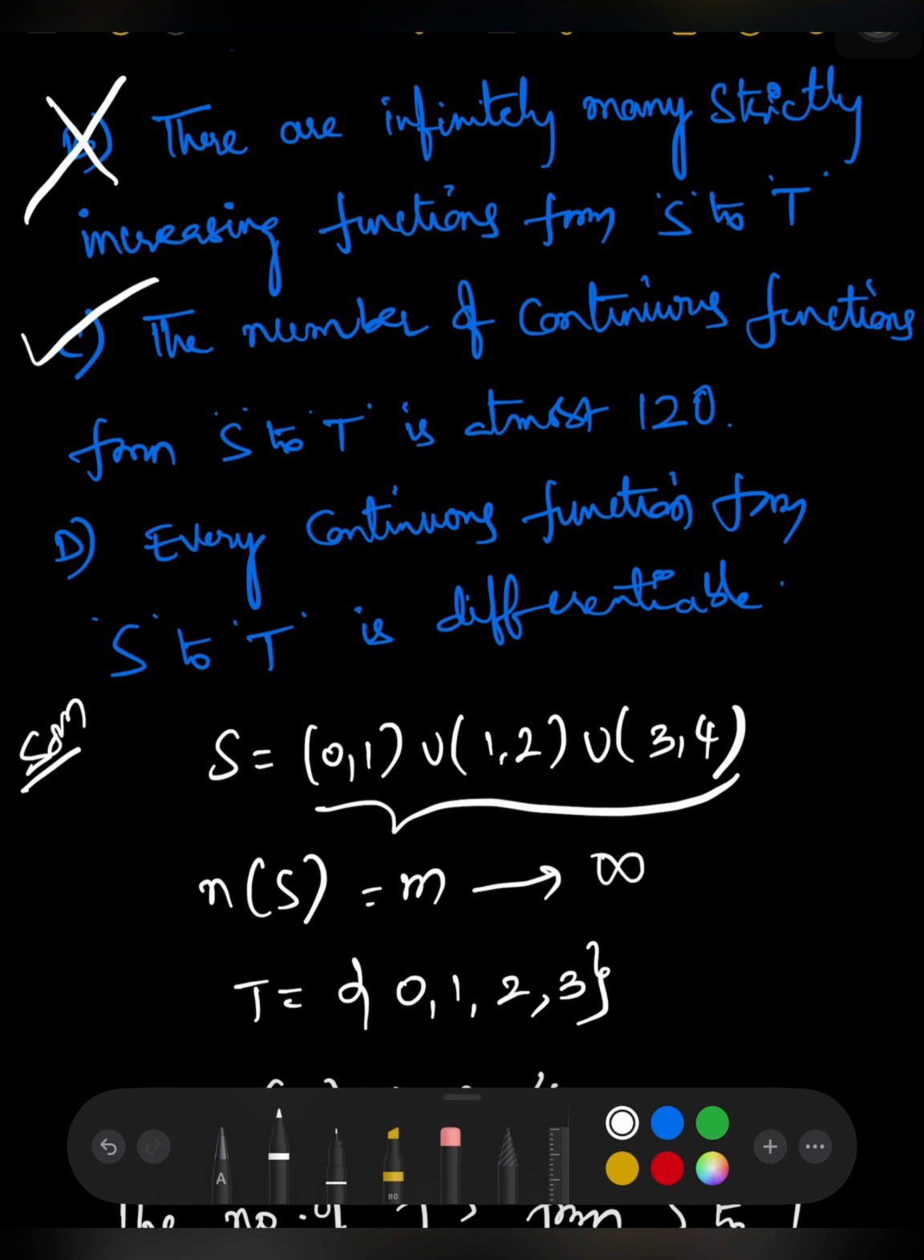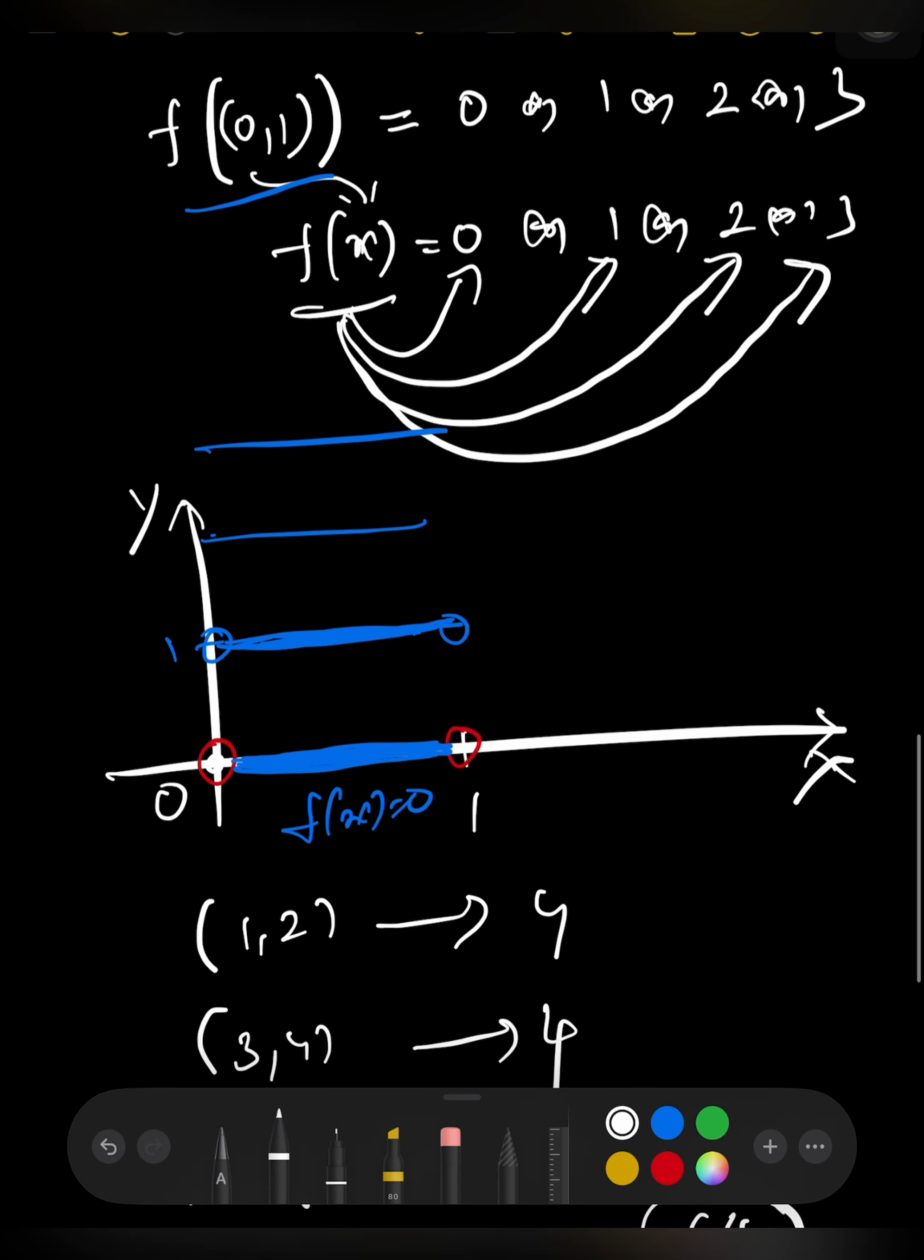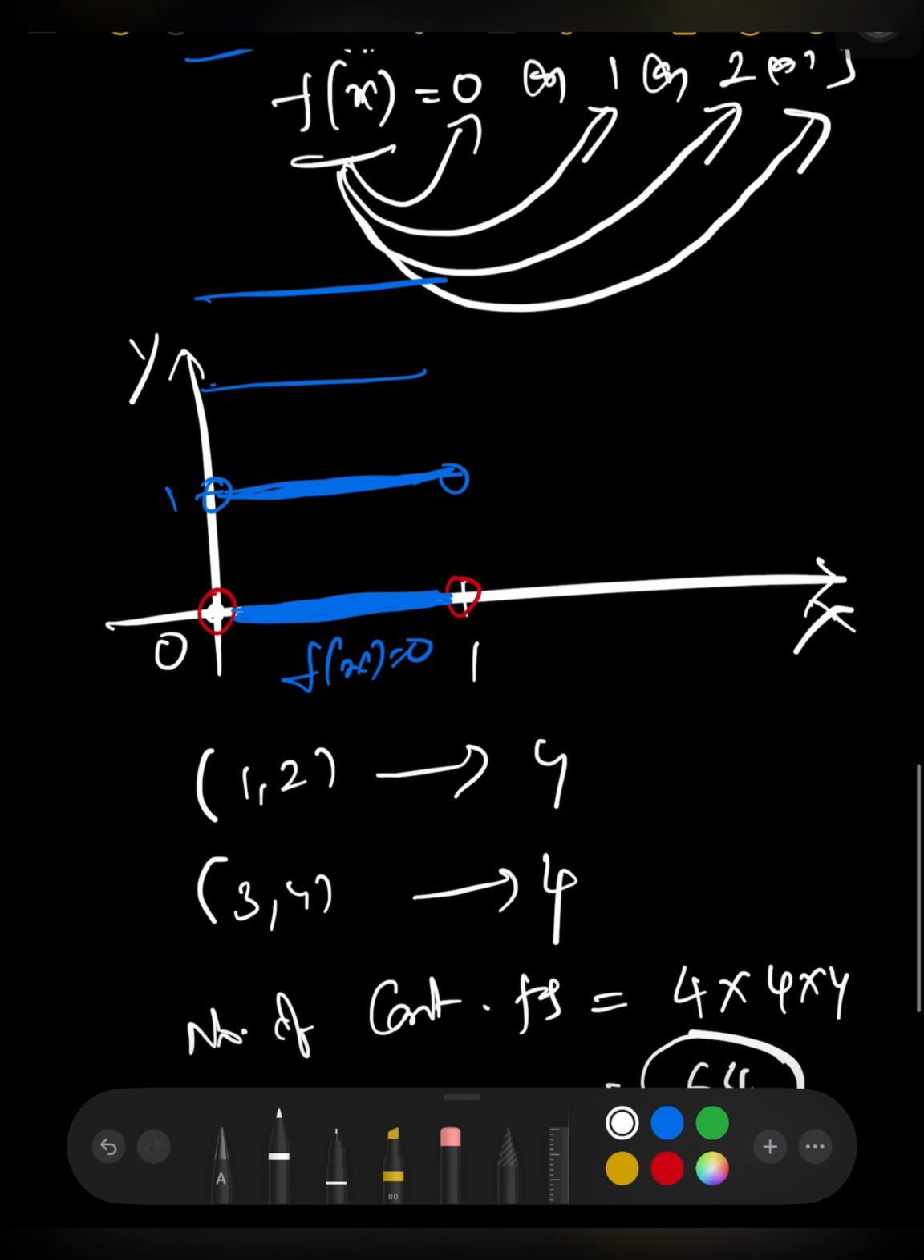Every continuous function from S to T is differentiable. It's a very clear and easy question. If you get to know option C, then D will be very comfortable for you. If you observe that every continuous function in the interval from 0 to 1 is a constant function, right? What is that? A horizontal line, which is not strictly increasing. Based on that, we can say the function is not strictly increasing,